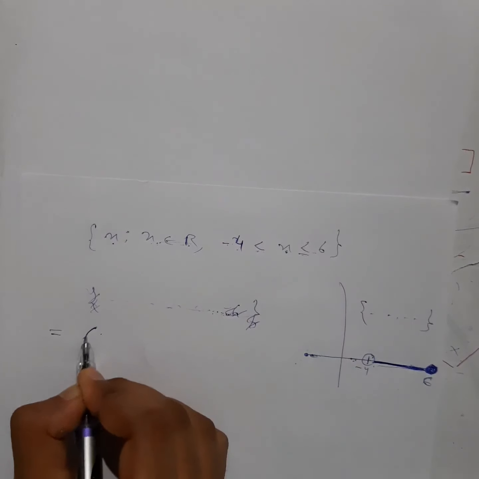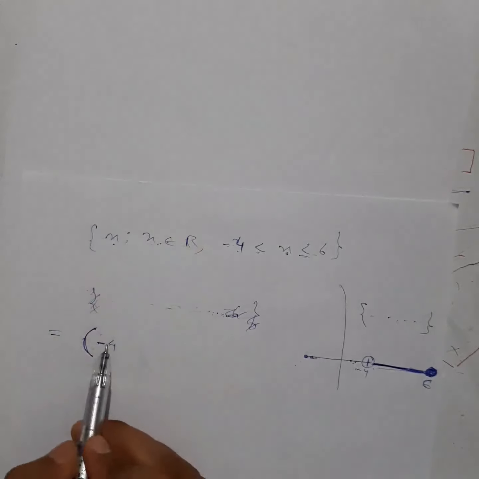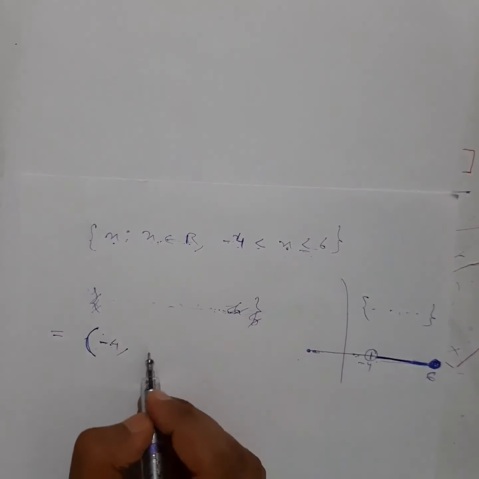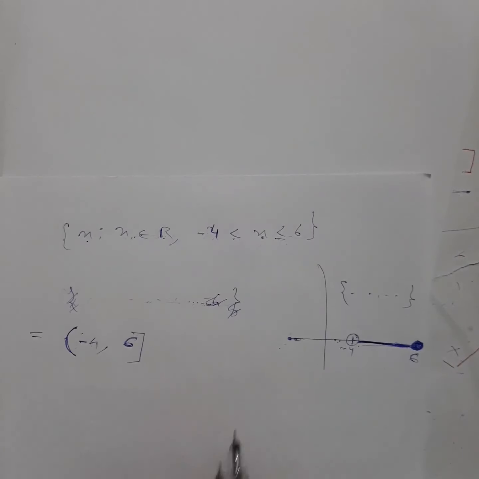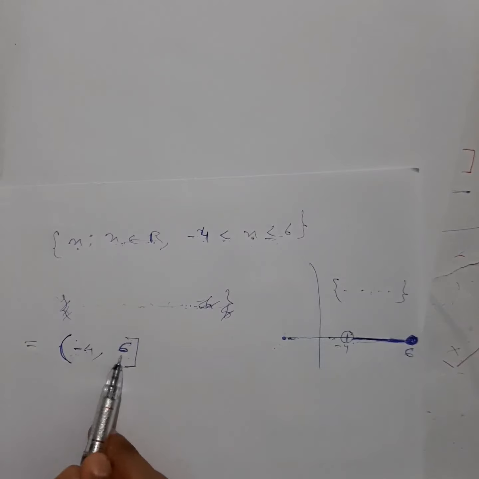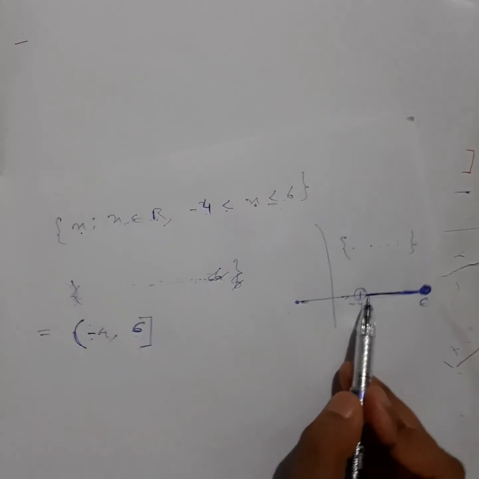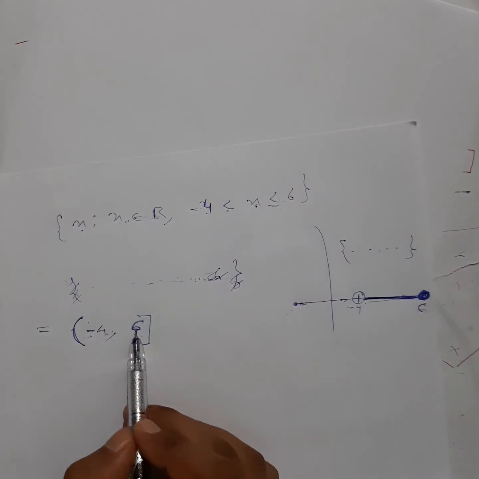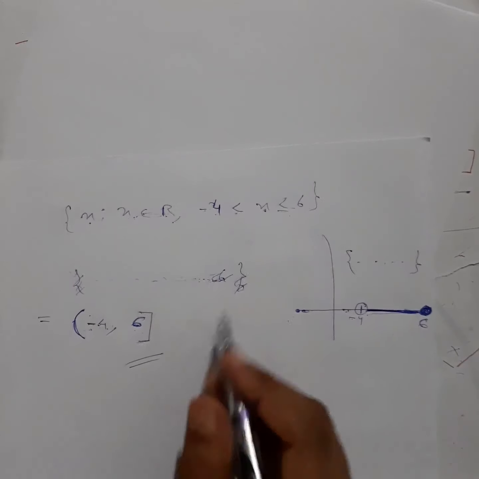Open interval. Remember, when we write an open interval, we understand that minus 4 does not belong to the set, but after minus 4 whatever is there will be in the set, comma, till what? 6. Now 6 also belongs to the set, so closed interval. So we know that this is a set where the elements are just after minus 4 whatever number is there, just after 4, okay, that will be in the set. After that all numbers till 6, and 6 also will be in the set. Okay, so this is the interval for this set.